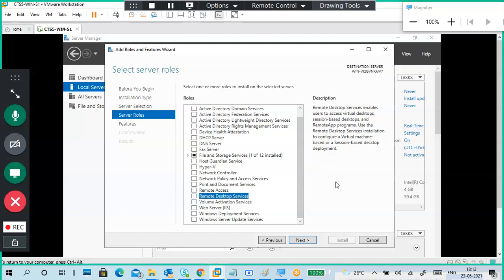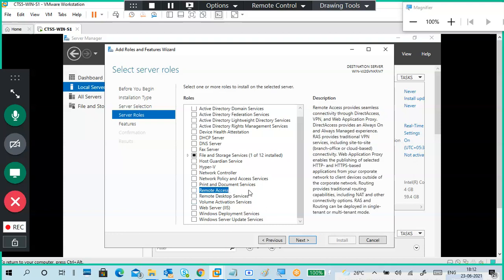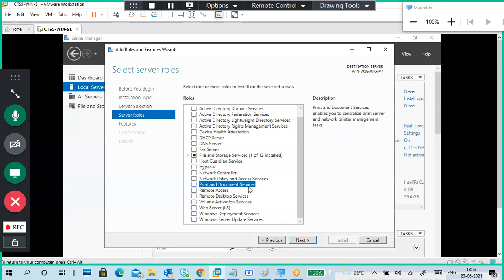Remote Desktop Services provides remote desktop kind of services. Remote access, VPN services. Print and document services, accessing printer kind of stuff. Network policy, accessing through VPN, then related network policies we can do. Hyper-V, virtual machines, you can create virtual machines here.